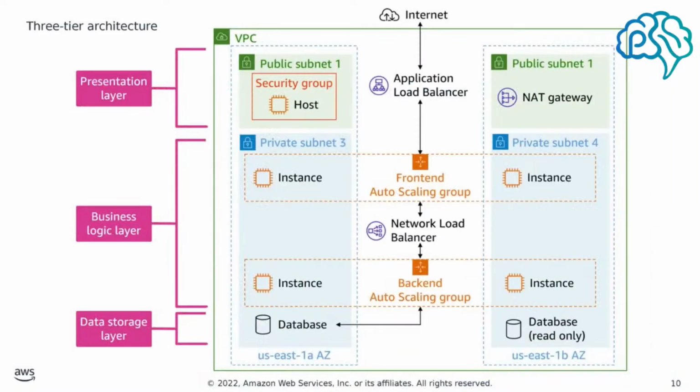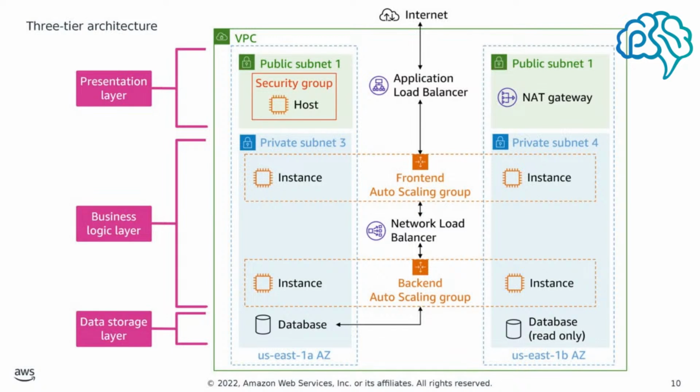So if we get into what a 3-tier application looks like, for accessibility here, we have a diagram of a 3-tier web application that has a presentation layer, a business logic layer, and a data storage layer. The VPC itself has 2 subnets in the availability zones, and the presentation layer includes 2 public subnets, one in each availability zone. So a subnet would then contain a security group with a host instance, and the other subnet has a NAT gateway. The application load balancer in this layer would then manage the traffic between the internet and